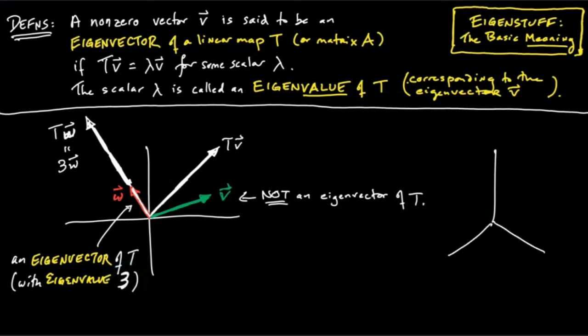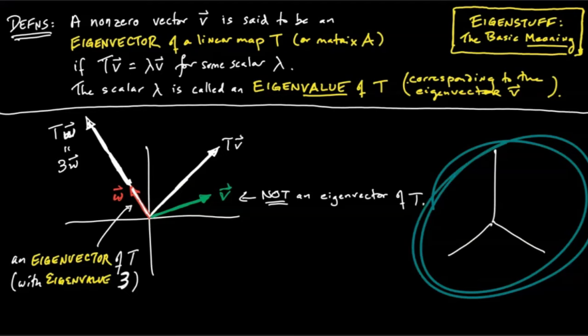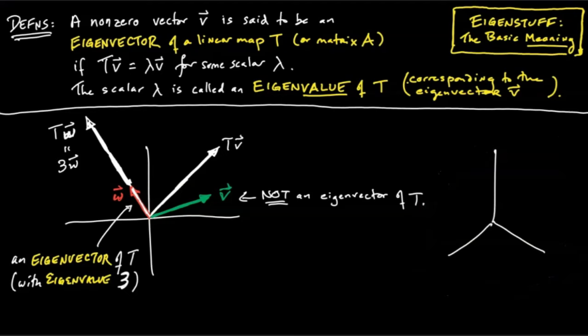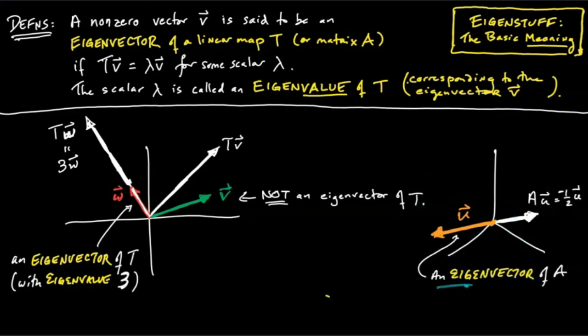Similarly, if we were working, say, in R3 and had a linear map defined on it, or let's say a 3x3 matrix representing such a linear map, let's call that matrix A, then if we have some vector u such that when we hit it with matrix A, it becomes this guy, which is minus half of u, then vector u is an eigenvector of matrix A with eigenvalue of minus 1/2. So I think you can see already what the geometric meaning of an eigenvector is.